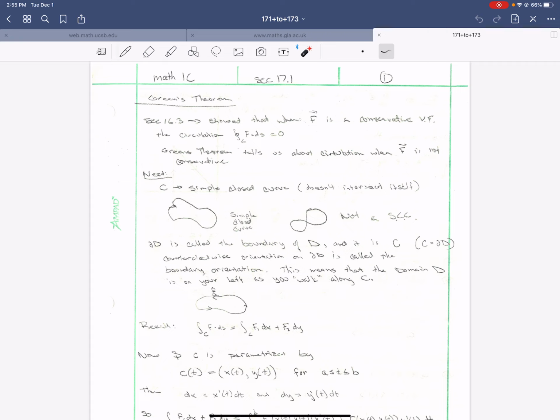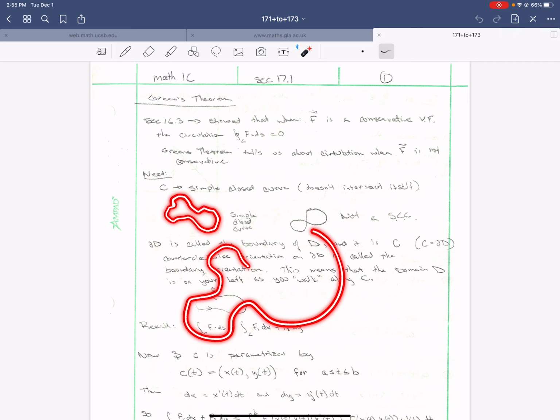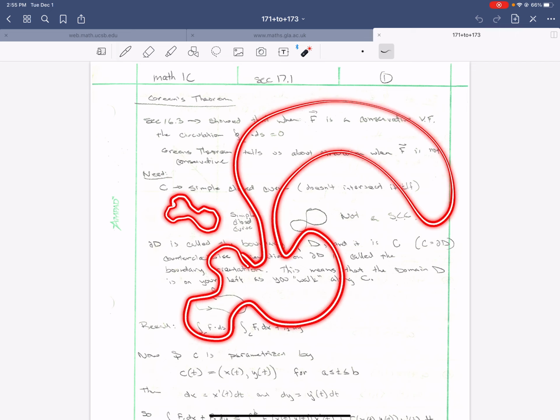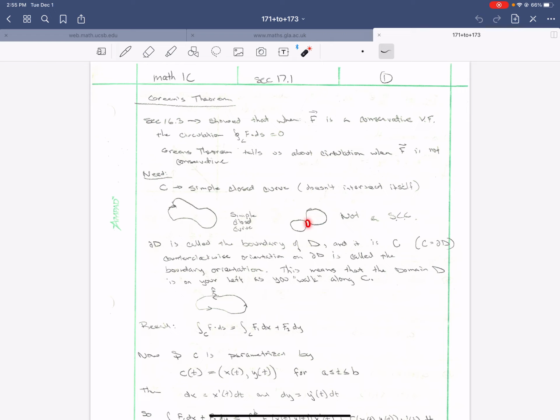And all that means is it's a curve that doesn't intersect itself. So if you're running around like this, if you're up and in and up, and even if you do this, as long as it never crosses. Right here it crosses itself, so this is not a simple closed curve, but this one is. All right, this notation looks like the partial derivative d, but it stands for the boundary,